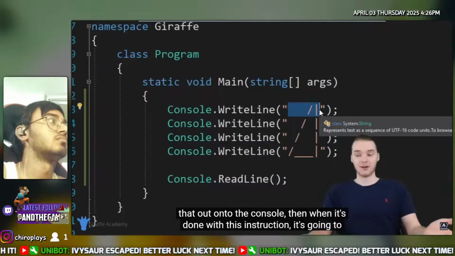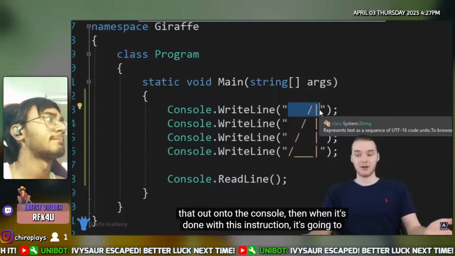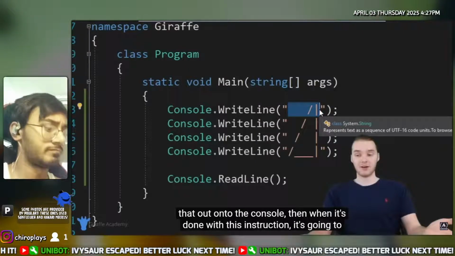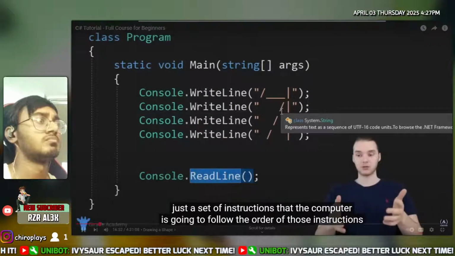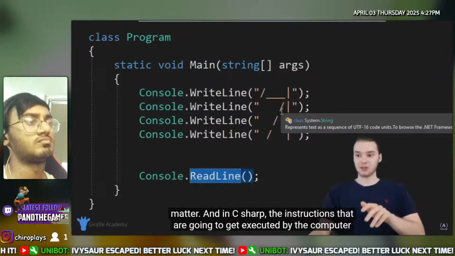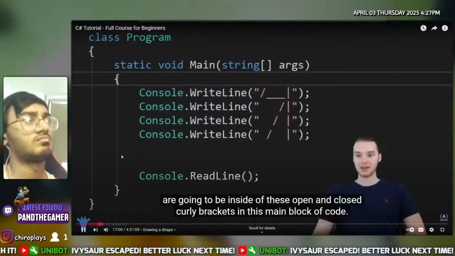So obviously we only really know two instructions. We know console.writeLine, which prints something out, and console.readLine, which basically pauses the screen until we enter something. But just with these two lines of code, we were actually able to draw out an entire shape onto the screen, and that was pretty cool. The takeaways from this tutorial is that a program is essentially just a set of instructions that the computer is going to follow. The order of those instructions matters, and in C#, the instructions that are going to get executed by the computer are going to be inside of these open and